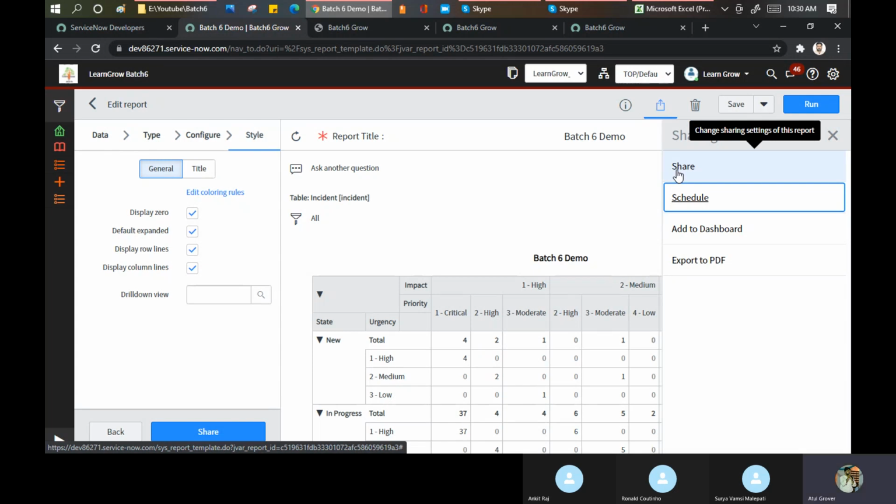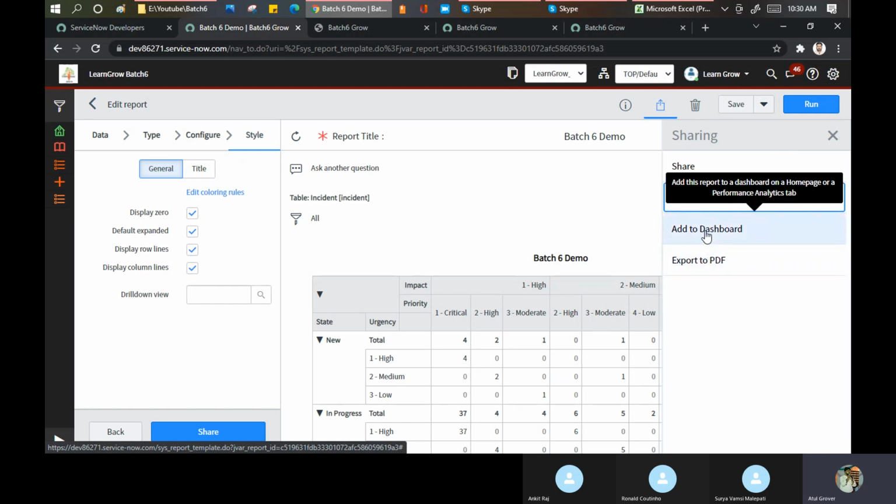No. Sharing means now I created this report and you also can see the report at your instance. In my instance with your login, sorry. In my reports, in your reports, right? But okay, in my instance only. Scheduling means you are getting a specific email in your mailbox on the given time frame. Okay. Now I come to the add to the dashboard.